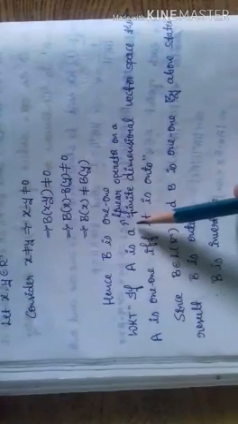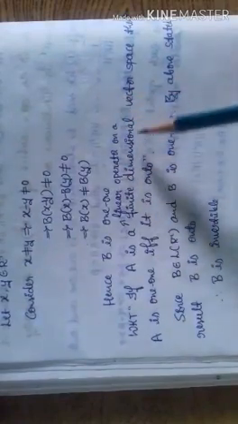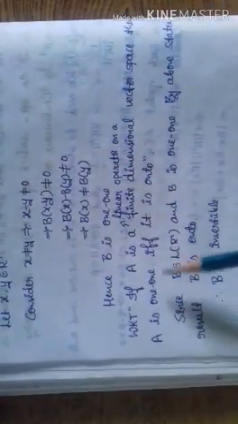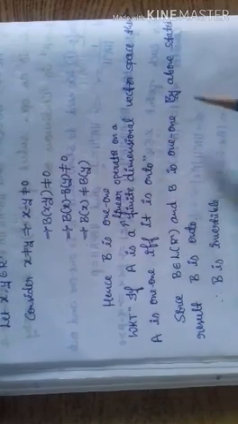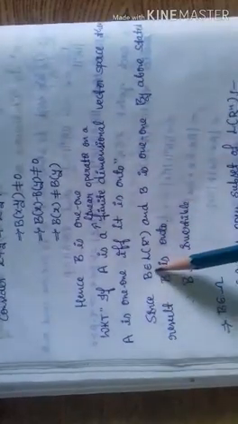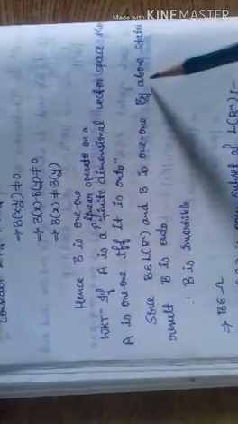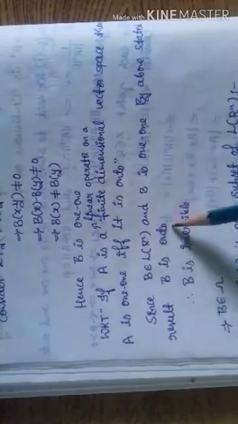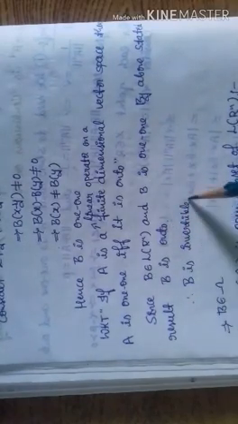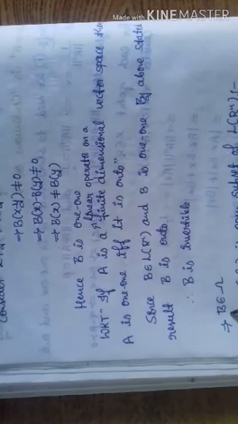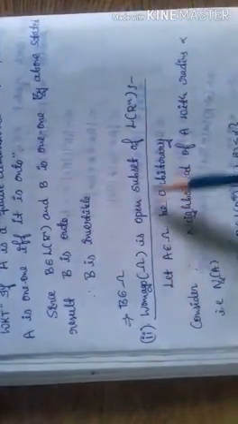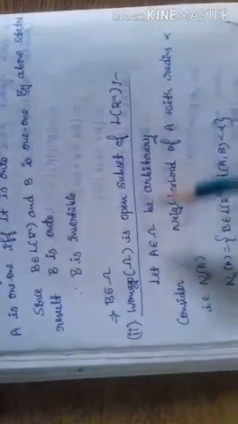We know that if A is a linear operator on a finite dimensional vector space, then A is one-one if and only if it is onto. Since B is a linear operator and B is one-one, by the above stated result, B is onto. Therefore, B is invertible. So, B belongs to omega. Second one, omega is an open subset of L of Rn.